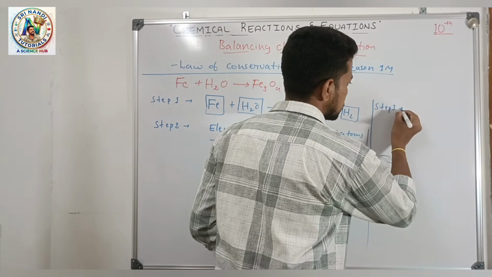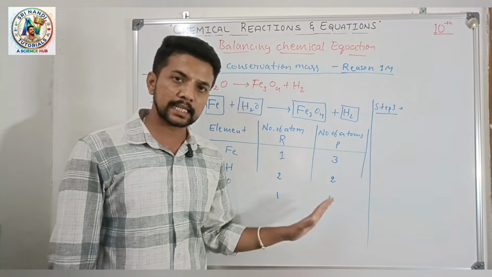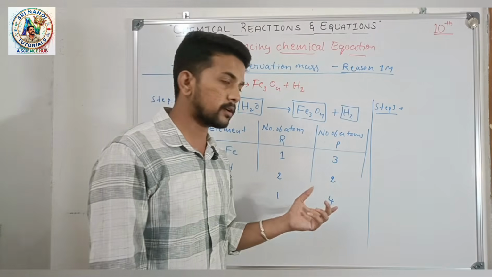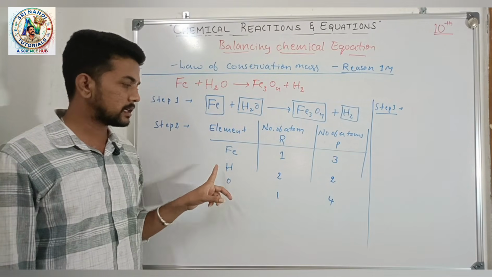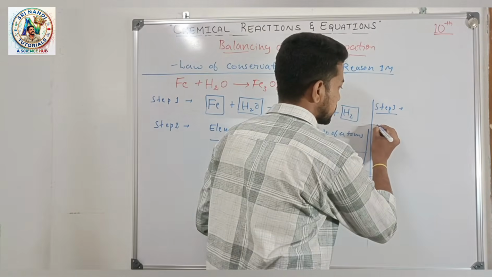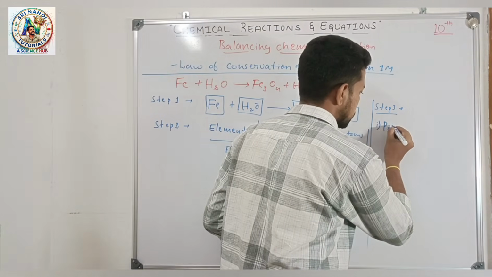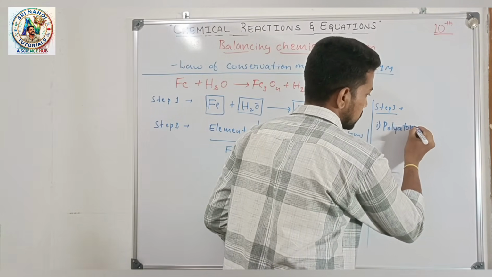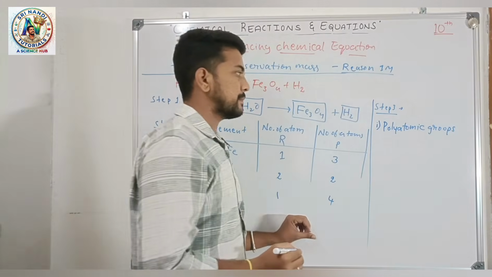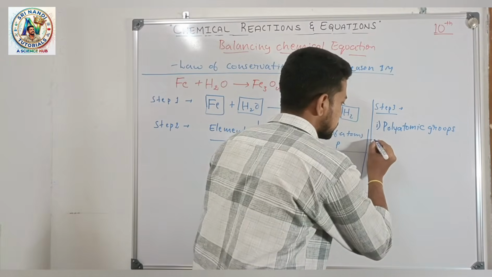Step 3. In step 3, you have to start balancing the chemical equation. For that purpose, we give priorities to some of the elements. For example, here there is a metal and a non-metal, correct? So for that we have to follow some priorities. The first priority goes to the polyatomic groups. While balancing the chemical equation, first you have to balance the polyatomic groups, and after that you